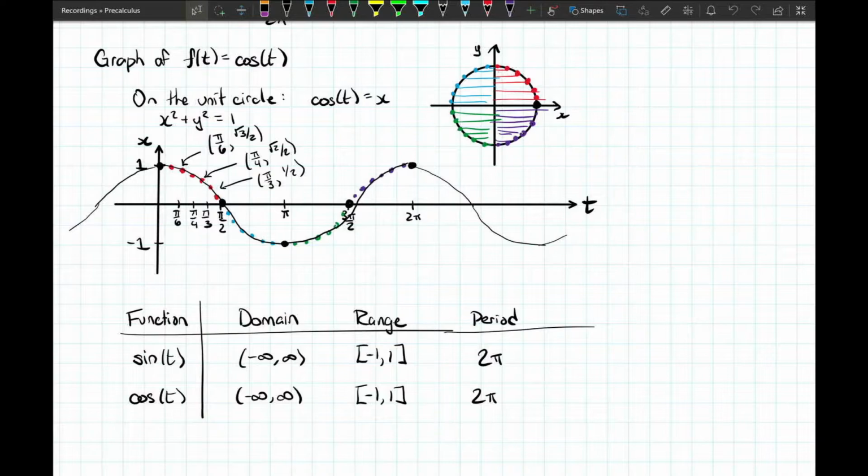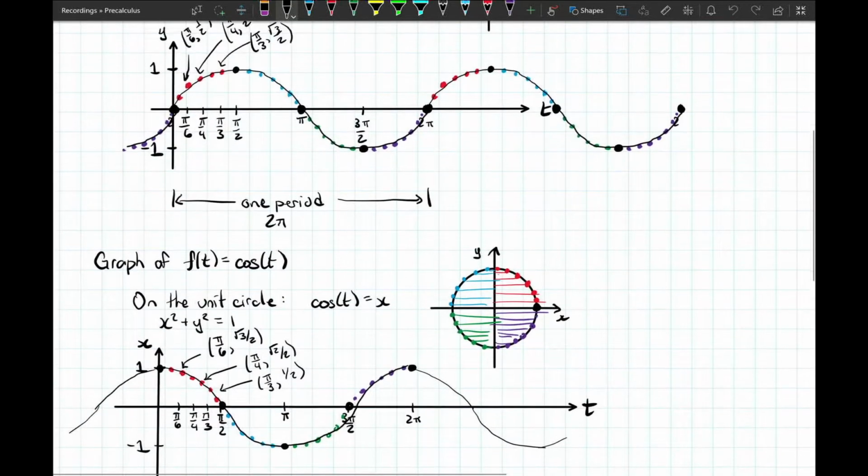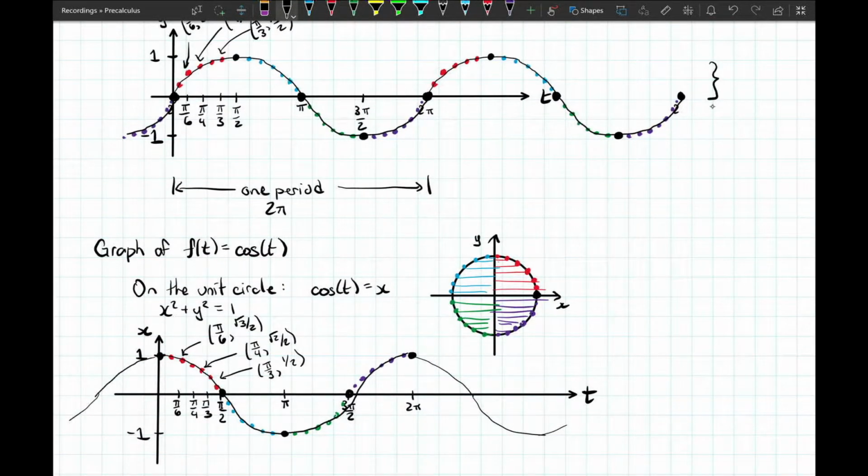And both of these functions repeat themselves once around the unit circle with a period of 2 pi. Or in other words, we could say that they are 2 pi periodic. Now, because of this nice wave form here, we have a half wave going up as far as +1 and a half wave going down as far as -1. If we measure from a central axis here, which we have as the t-axis, we would say that the amplitude is equal to 1. So for both of these functions, you can see an amplitude of 1 above and below